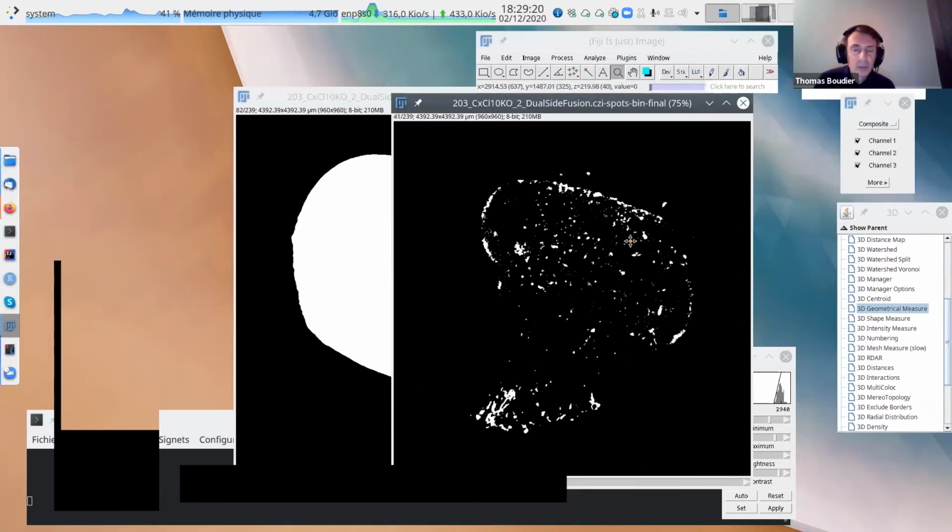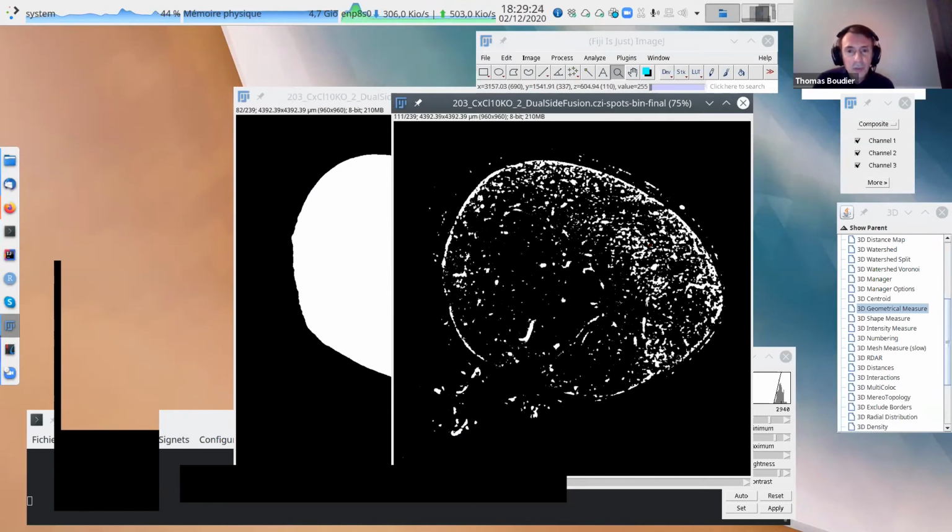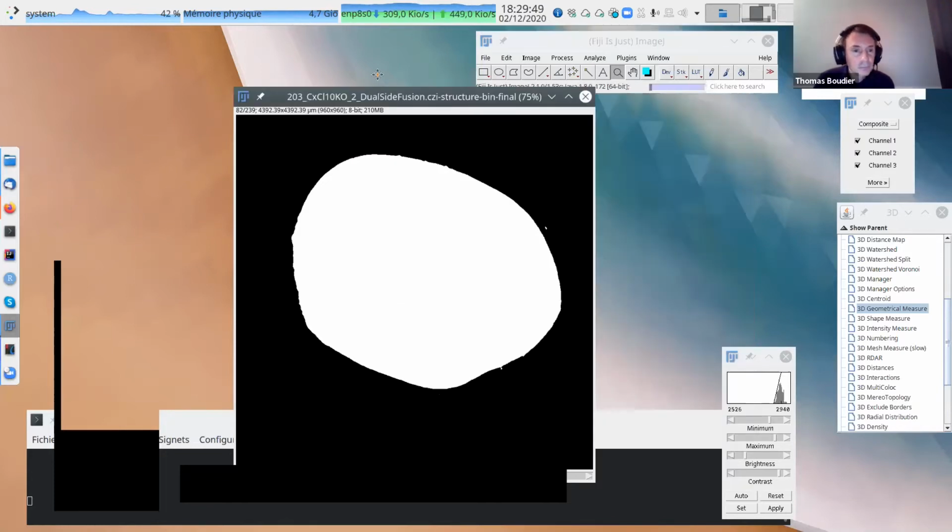with some spots. It's not very clear, but I want to see if the spots here, this is not the best image, but it seems that we have a bit more spots on the periphery than in the center. So this is not the best example, but this is the kind of thing we want to see. And here the worst thing, it's quite impossible to detect all the spots. But basically, we want to see if we have more signal at the periphery or at the center. So this is why we will use this EVF thing.